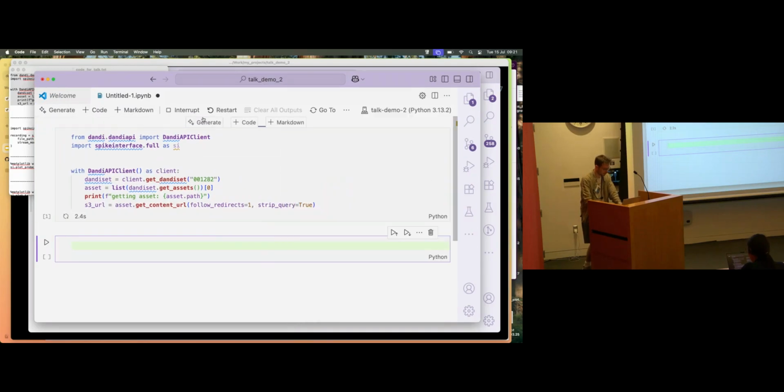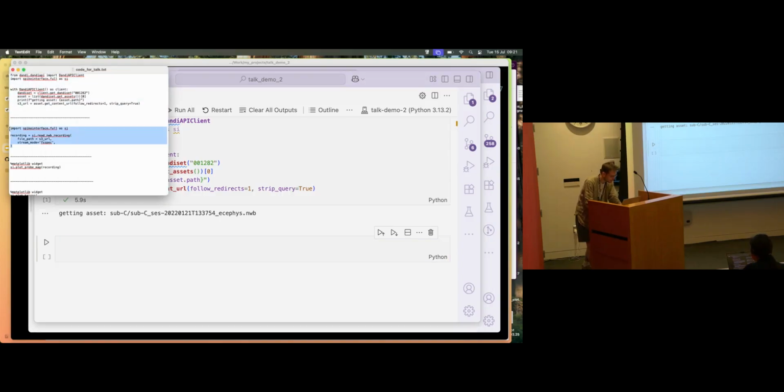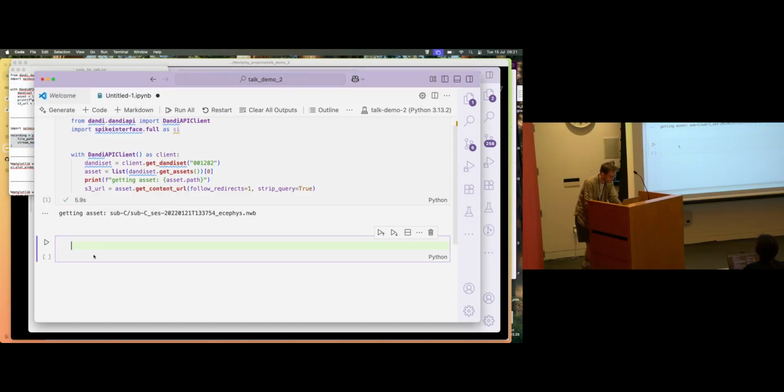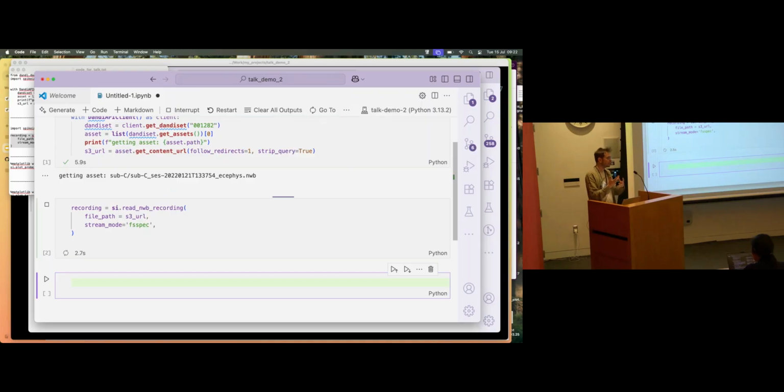Yes, thank you. Okay, I'm now going to get a data set, thanks to Stephanie's advice in the talk. I'm doing something where I get the Dandy ID, I get the assets from the ID, and then I don't have to copy any file names and stuff, because that was annoying. Okay, so we have an S3 URL. And SpikeInterface has a function called read NWB recording. And if you give it the S3 URL from Dandy and you tell it to stream, it will try and read it straight from Dandy, and it won't download it. It's just streaming it from